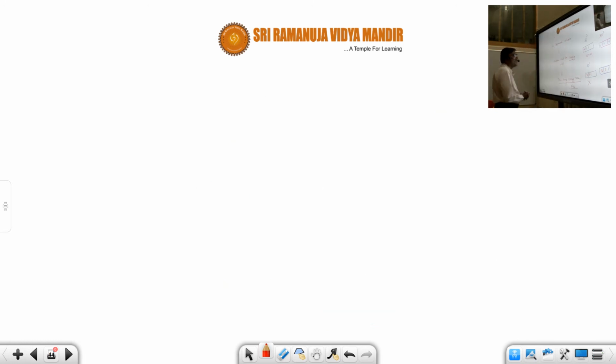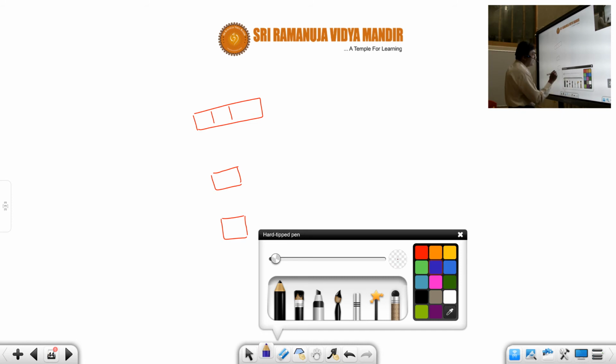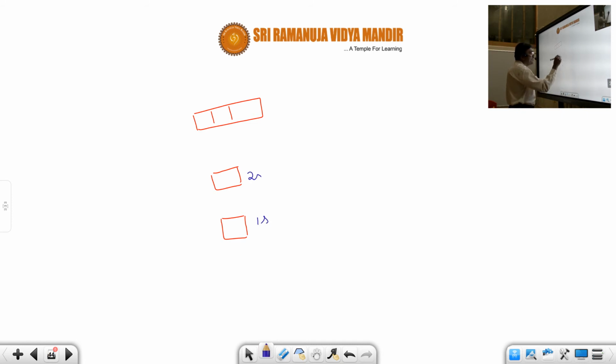Now let us take an example here. For example, here you have 1s, here you have 2s, here you have 2p. Now students, this is 1s, this is 2s, this is 2p. Now let us follow Hund's rule. Is it right? For example, let us take here electronic configuration like this. So shall we write like this? It is wrong. Why? Because these are not degenerate. Agreed? These two are not degenerate.